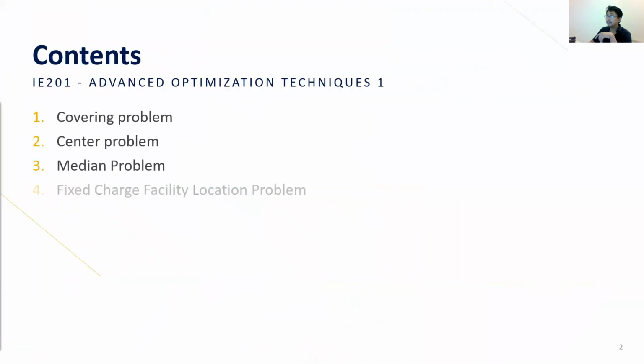We will cover some basic facility location problem models, in which we have four basic location problem models here, covering problem, center problem, median problem, and fixed charge facility location problem. I said this is a basic facility location problem since whenever you're going to implement this type of models to analyze the real case problem,